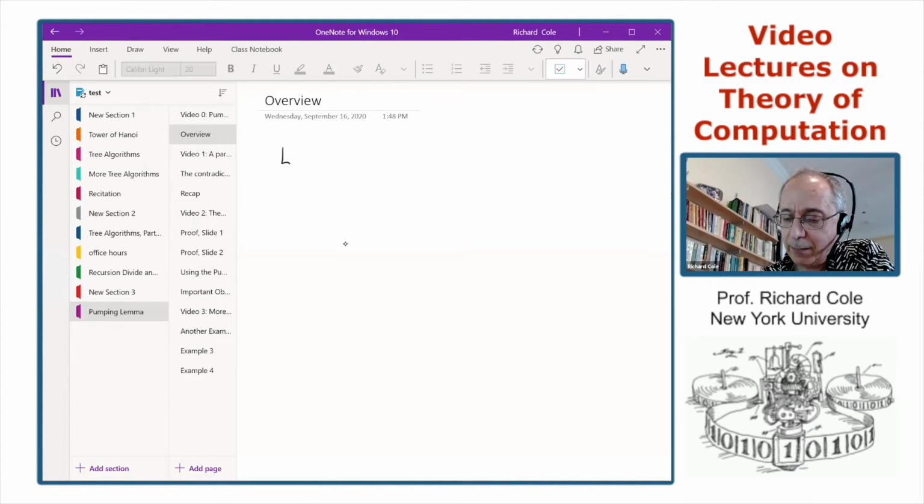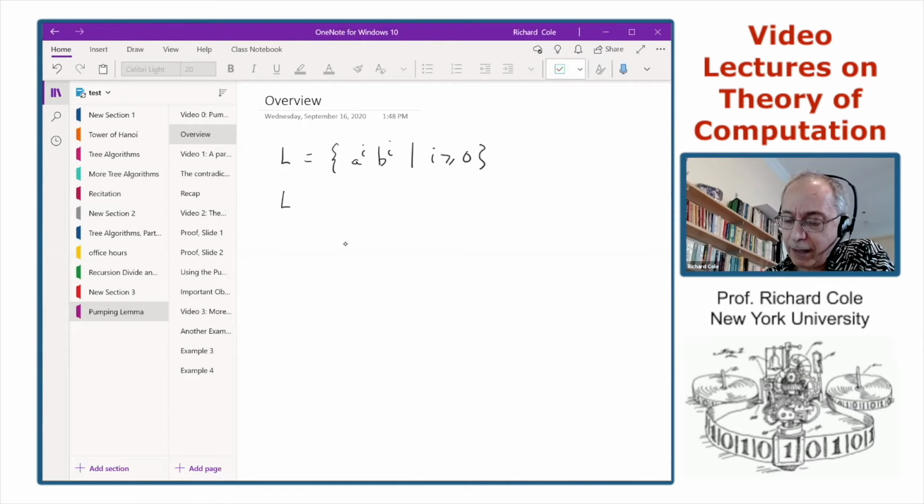For instance, we might have L consist of strings which start with some number of A's and are followed with an equal number of B's. So this is a language and it's not regular. Intuitively, the reason is, if you wanted to recognize a string of this sort, once you'd finished reading the A's, you would have to know how many A's you had read. And in order to do that, it would seem, if you were using a DFA, that you would need a state for each possible number of A's. But since you could have any number of A's, this isn't a finite automata.